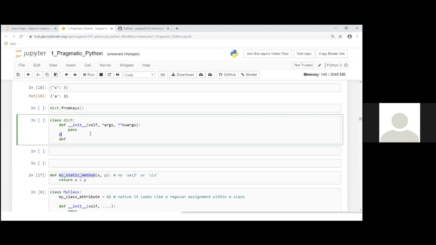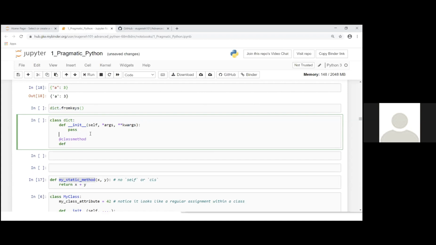But I could also create effectively the class method to say, if I wanted dictionaries with the keys to be different but the values to be the same, that's an alternative constructor. I'm constructing the instance without using the init directly. I'm using an alternative way to create an instance of the class.